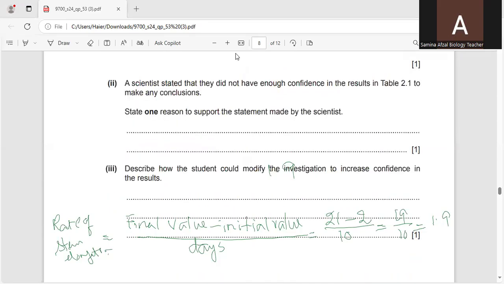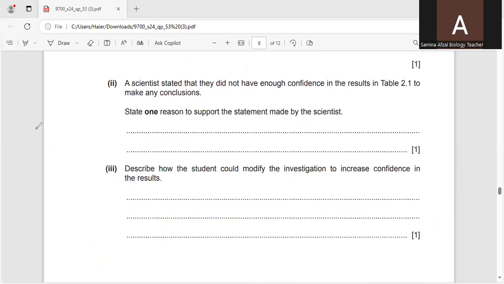Now, next question is, a scientist stated that they did not have enough confidence in the results in table 2.1 to make any conclusion. State one reason to support the statement made by the scientist. So, the statement which was made by the scientist, here I would like to say that he measured all the lengths in centimeter instead of millimeter,